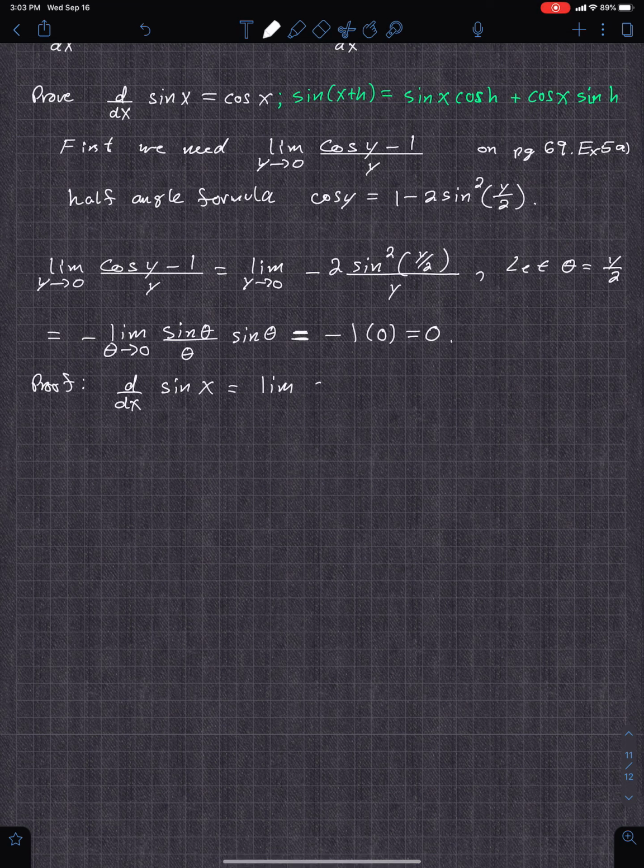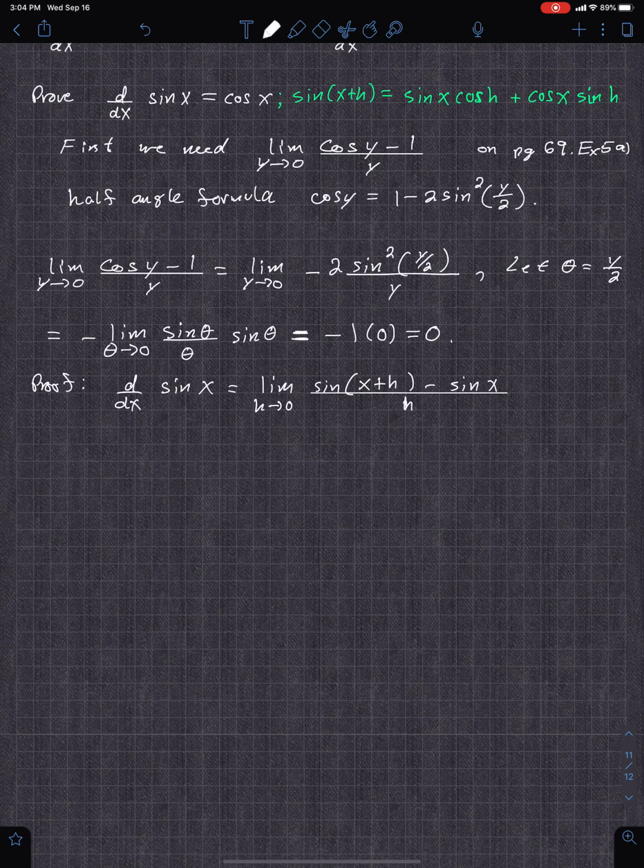So we're going to say that is then sine of h plus x minus sine x all over h. And I think I put it in that order on purpose. Maybe I didn't. It doesn't matter, obviously, right? But I actually do want it x plus h to mimic the form above,